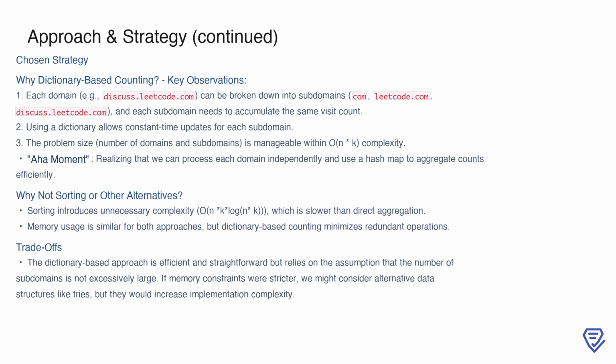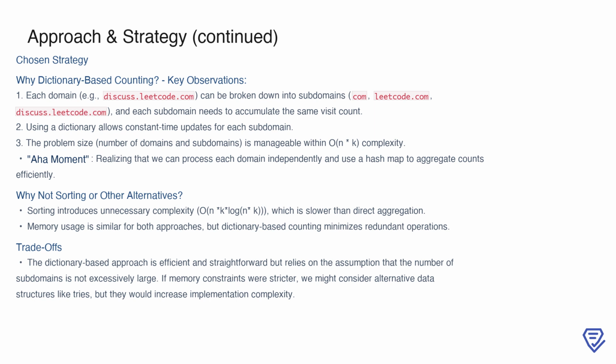There are a few key reasons for this. First, each domain can naturally be decomposed into its subdomains, and the visit count for the full domain can be applied to all its subdomains. For example, the domain discuss.leetcode.com can be split into com, leetcode.com, and discuss.leetcode.com, and each needs to accumulate the same visit count. Using a dictionary allows us to perform constant time updates for each subdomain, which is critical for maintaining